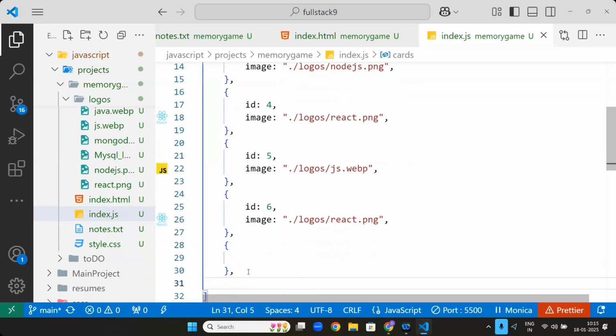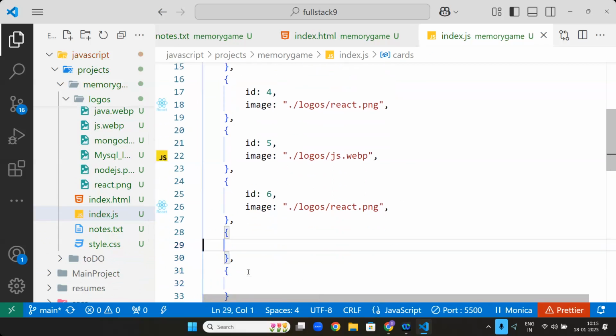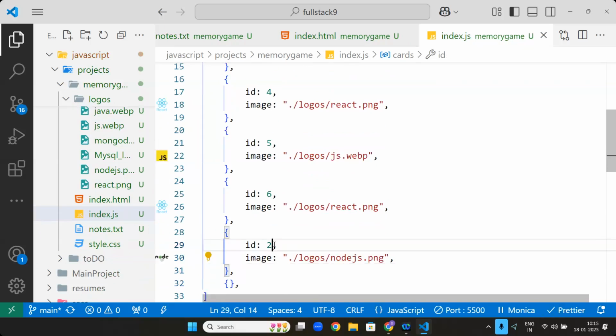Sir, I thought it 9 cards, but that is logically silly. Why? Because each one should have 2 pairs, na? So it will be 8 cards. If I give 9, one will be unpaired. So game will never finish. So we should give it technically 8. Something java dot webp,